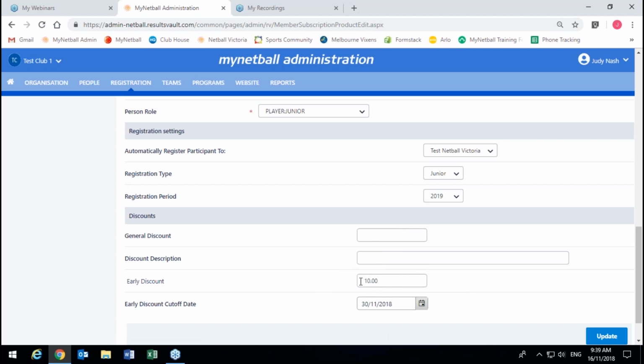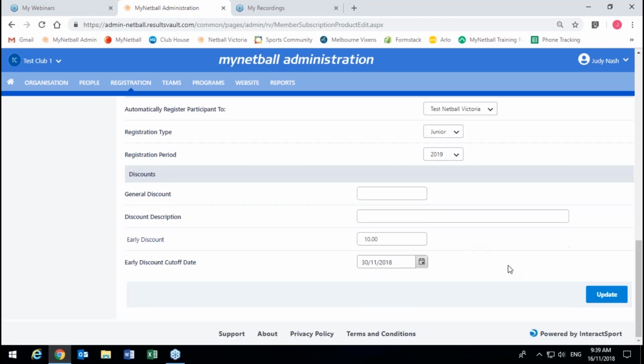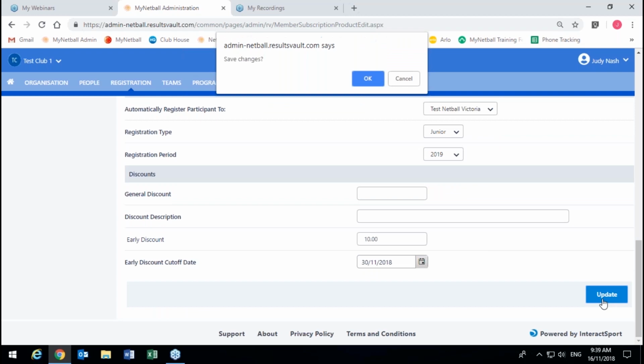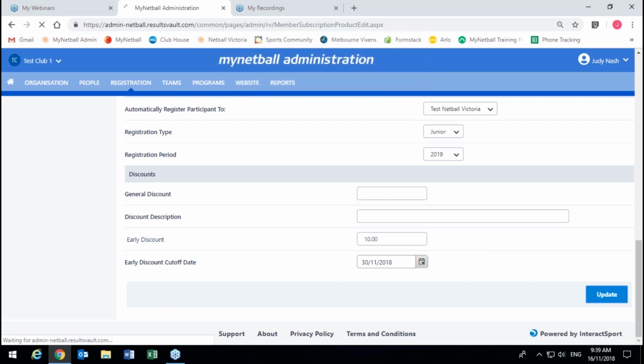So you can see here, $10 by the 30th of November. So once you've set that, this function, the early bird discount, does work, and I know a lot of clubs and associations really like that feature. So you can see here, if we set it up like that, we then click update, OK, and our product